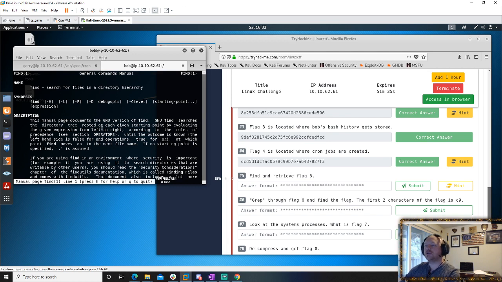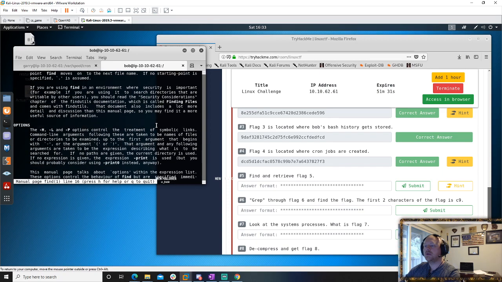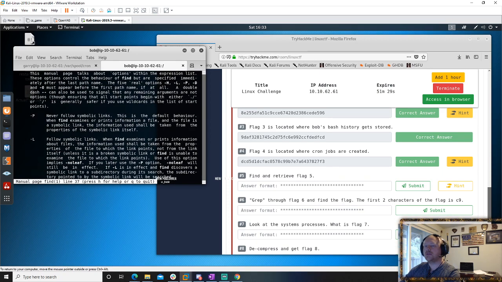This searches the directory tree rooted at each given starting point by evaluating. Yep. So we can use find to locate and search for files. You can tell it whether or not to follow symbolic links.